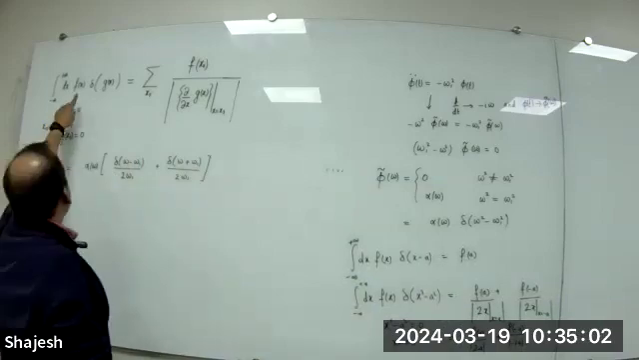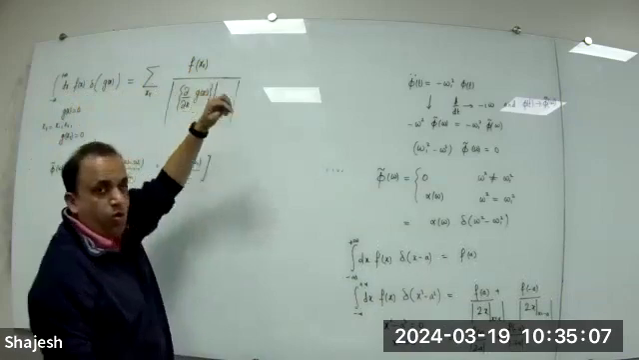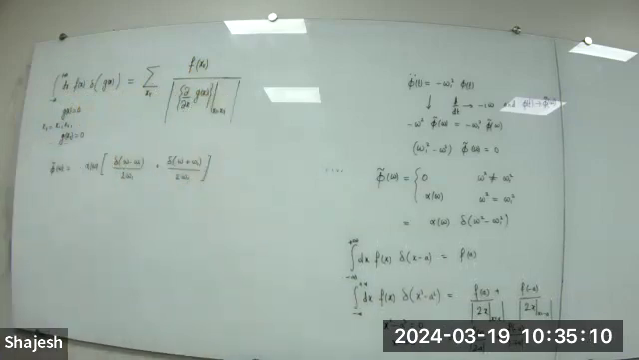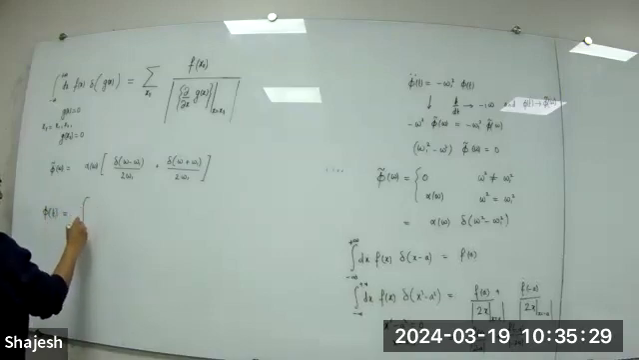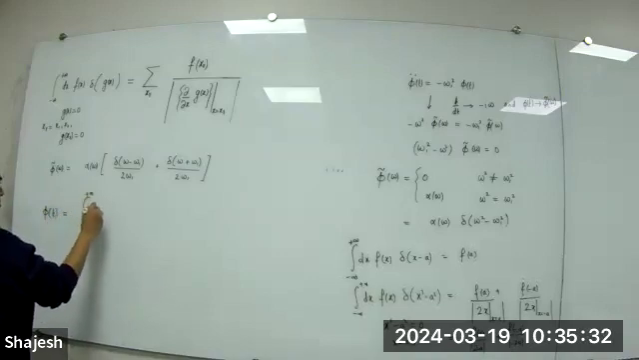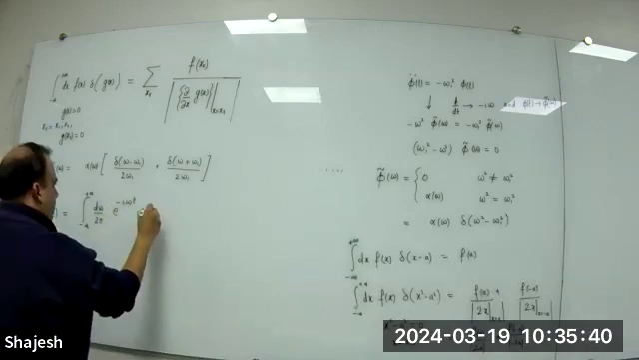Or you can remove the integral and say that this is equal to the delta function over this. With me? We are interested in phi(t). Phi(t) is the integral of d omega over 2 pi, exponential of minus i omega t, times phi tilde